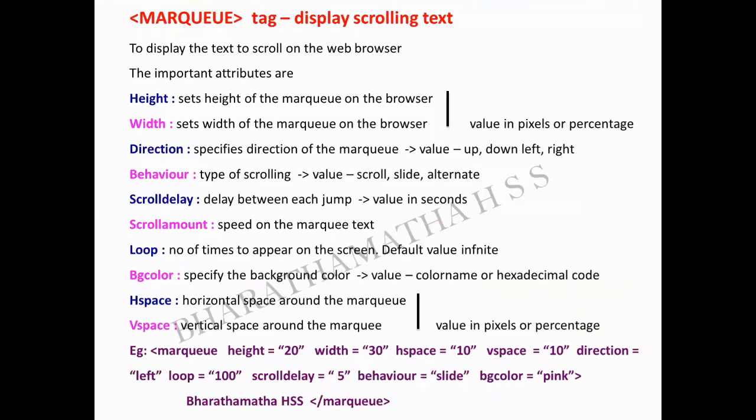We saw marquee tag. Marquee means a text will be scrolling over the screen. So when we want a text to scroll on the screen, we'll be using the marquee tag. The various attributes I have given out over here and one example, and we have seen how it works on